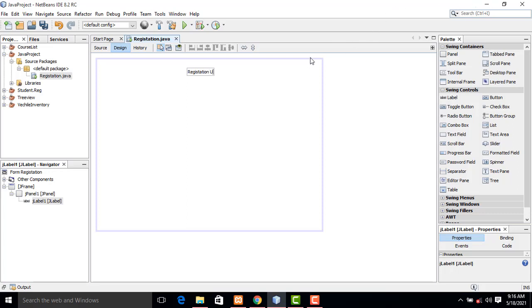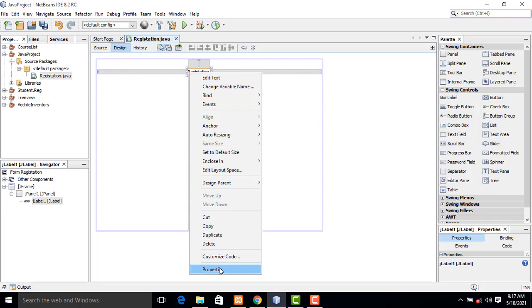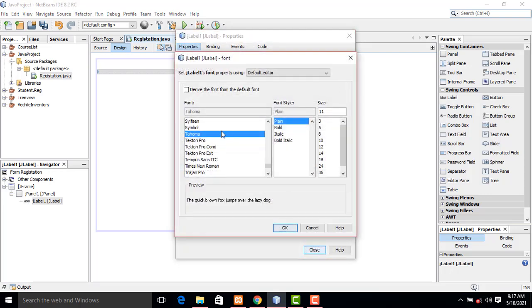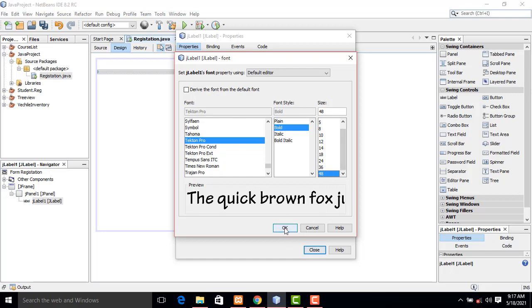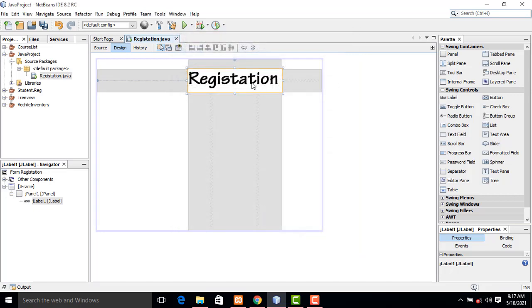Registration user, like this, or otherwise just registration. Click on this, Properties. You have to select the font; you can select any font. Here I am going to select this one, bold, and increase the size to 48. Now it is a colorful one.